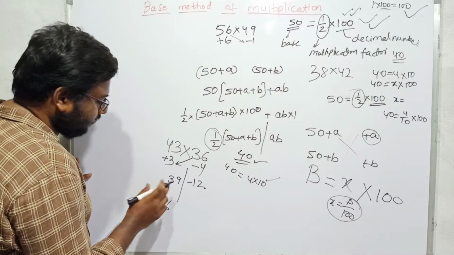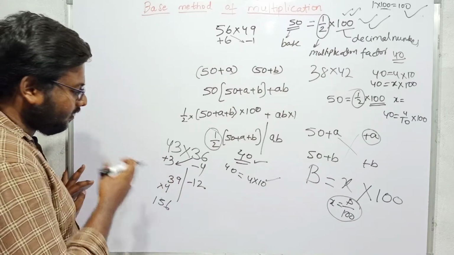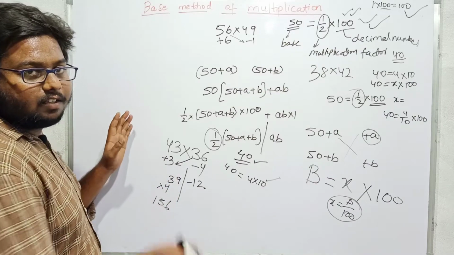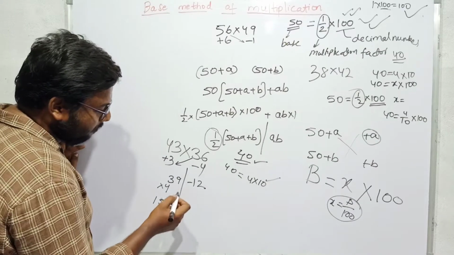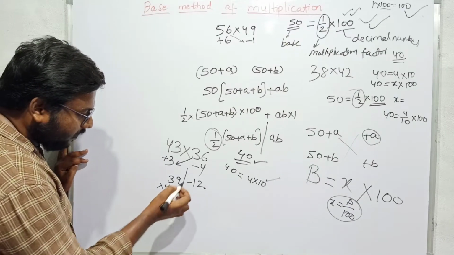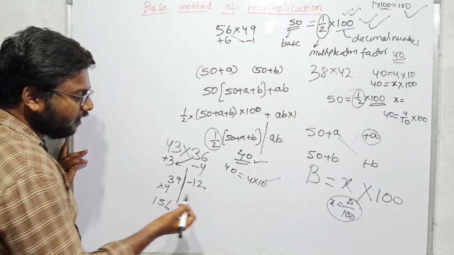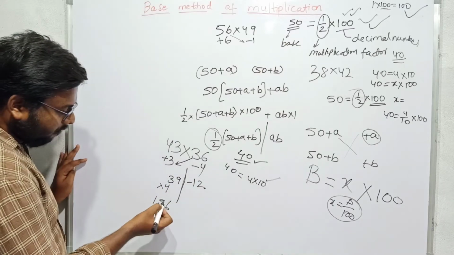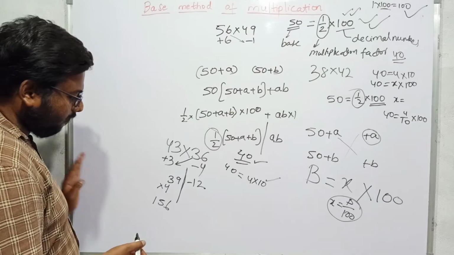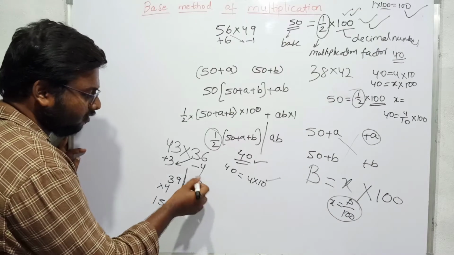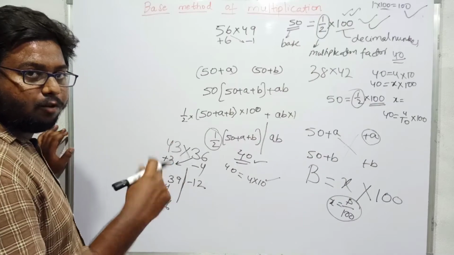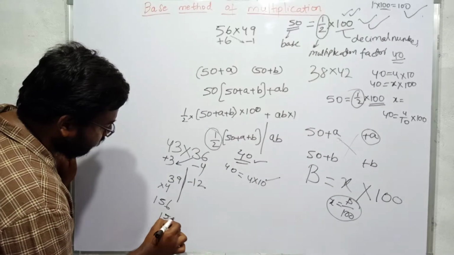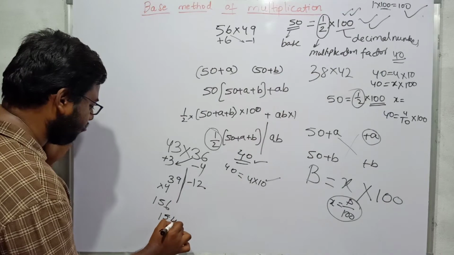Otherwise you can calculate like this: 3 into 4 is 12, 12 I will keep beside, and 3 nines are 27... 3 in 36 will be added to 12. This will be 15 beside 6, 156, and this will be minus 12 now. That means here the slash implies that what is before it is multiples of 10. So here 156 tens are there. 156 tens is not sufficient for minus 12, so I will remove 2 tens. So what I will get is 154.